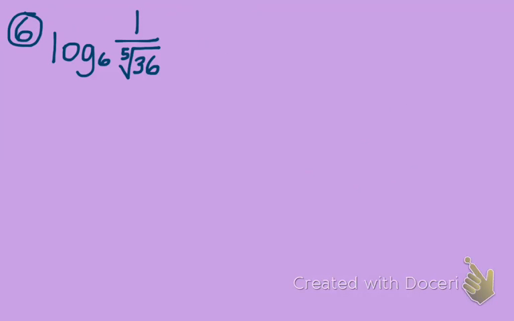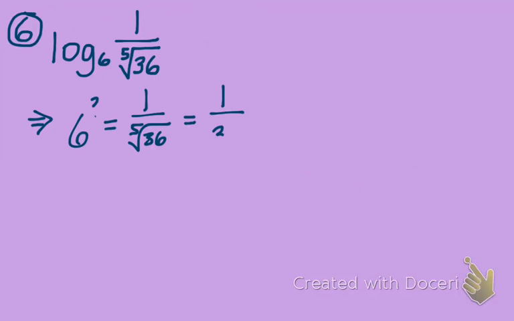Then we go to number 6, which is the same question but with a little more going on, as math tends to do. So we're going to ask ourselves, 6 to the what equals 1 over the 5th root of 36. Well, you want to translate the right side so that we can turn it into an expression with a power of 6. So we want to start step by step, and the 5th root can be rewritten as 1/5, and the 36 can be rewritten as 6 squared. So that is 6 squared to the 1/5 power,